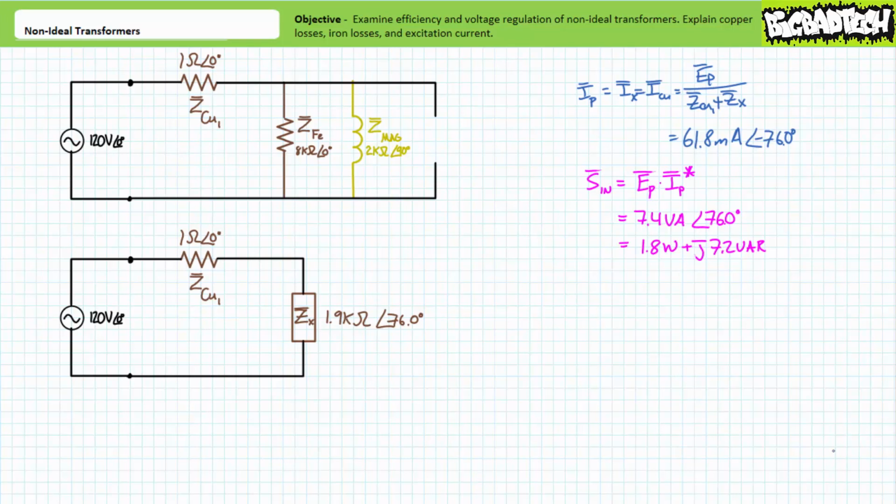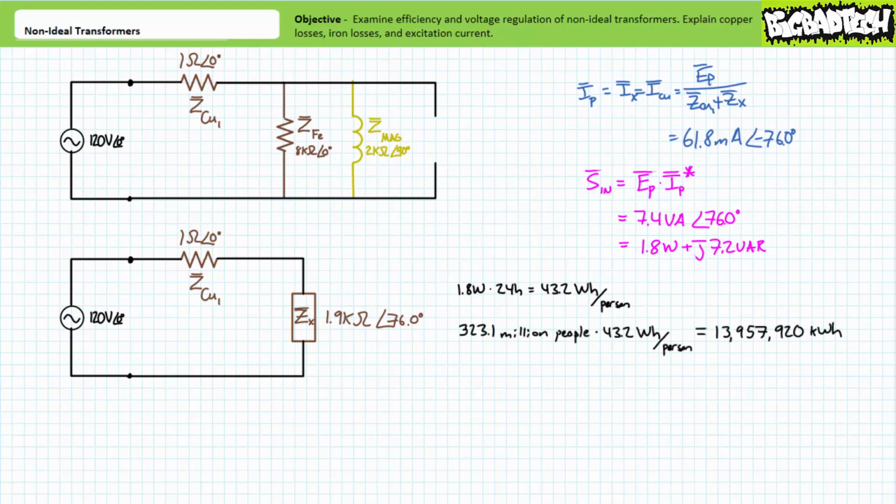Now, 1.8 watts might not seem to be a lot of wasted power, but given energy is power times time, think about how this adds up over time for a large population. Consider a nation comprised of 323.1 million knuckleheads, where each person owns a single device that continually wastes 1.8 watts of power. In a single 24-hour day, each device wastes only 43.2 watt-hours of energy, a relative drop in the bucket. However, the entire nation of 323.1 million people wastes